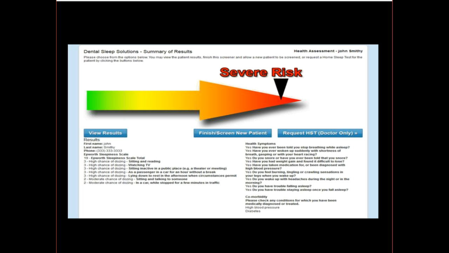That sounds good. But the point is, with the DS3 digital system, we've made this so easy that you just literally click a button and it tells you. If you decide to use one of the other forms, then you just need to be familiar with that, and you need to be familiar with why that person's risk is severe. So again, what we're trying to do is assess a patient's risk for a sleep and breathing problem.